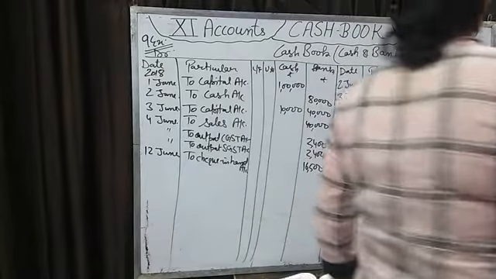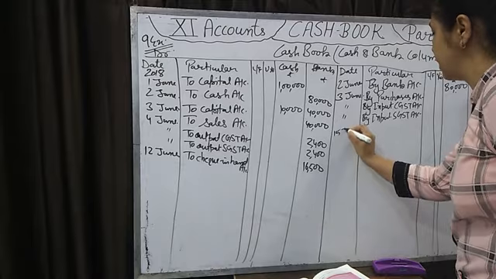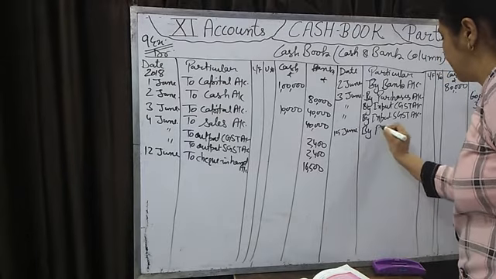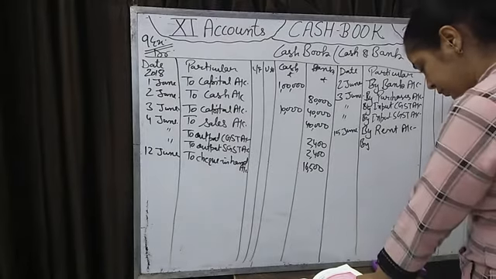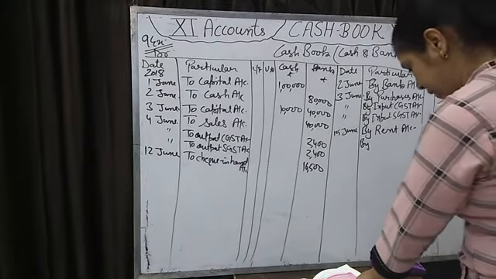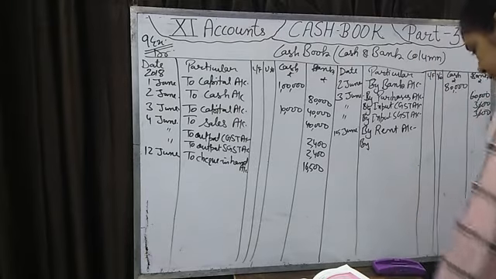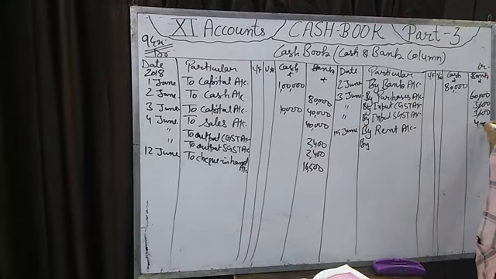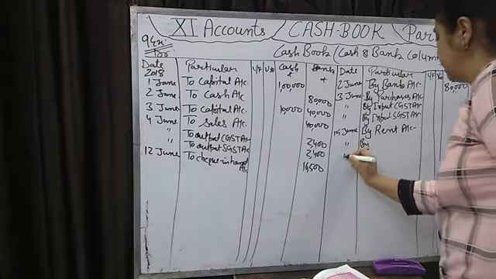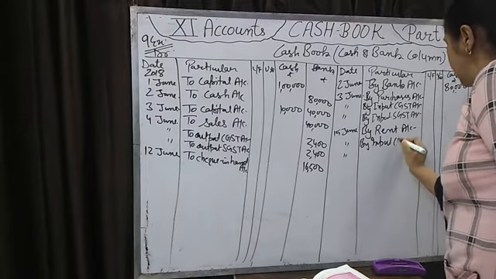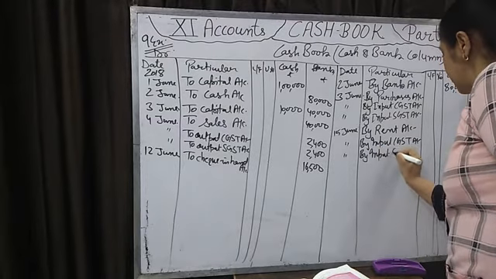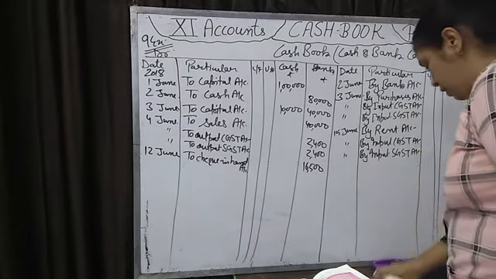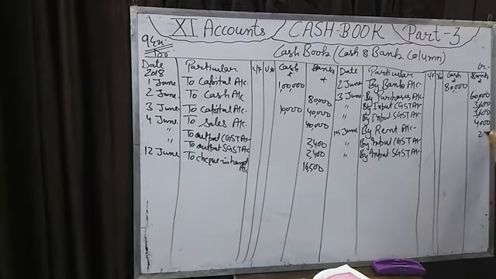Paid rent by check on 15th June. This is a payment. We will write it in the credit side by rent account. And we are paying GST also, 6%. Paid rent by check 4,000. Since it is by check, we will write in the bank column. And paid GST is known as input CGST account and input SGST account. How much? 6% of this? It's 240. Fine?